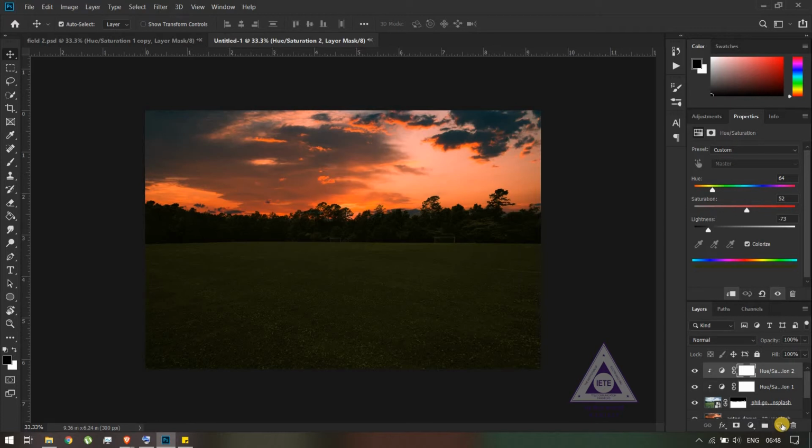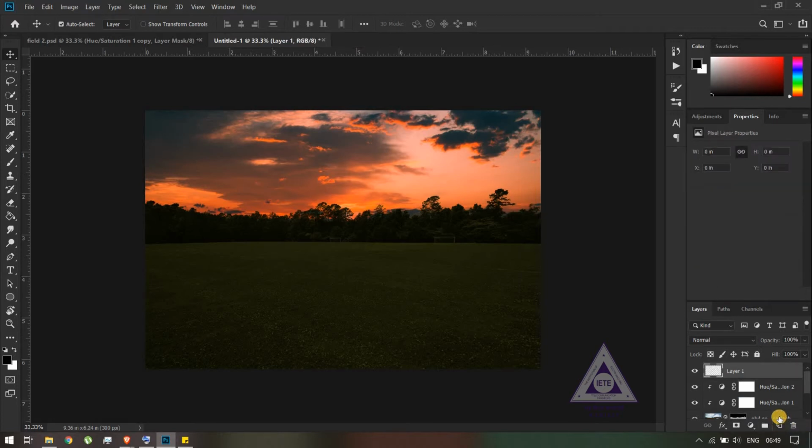So to do that, we click on this button, which will basically be creating a new layer. So click on it and you can see that a new layer was created. And now using the brush tool, I'll be selecting the colors from the sky. So to select the colors from the image that you have on your screen, you can press down the Alt button, so that will enable the eyedropper tool.